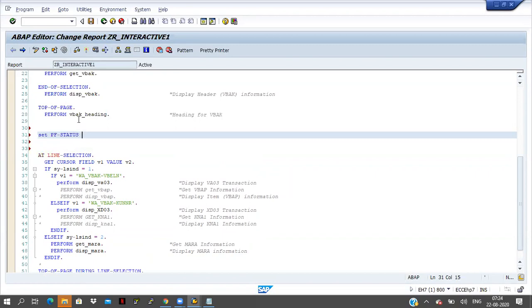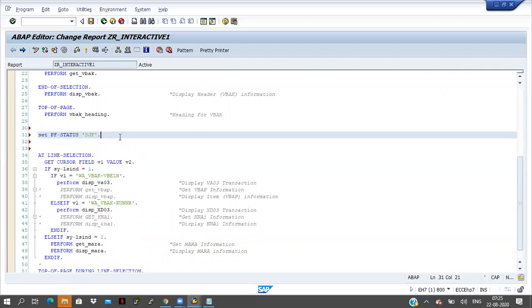I am giving the name as the status name, otherwise I will give here SJF. You can give any name here. Set PF status, I am giving the name as SJF.